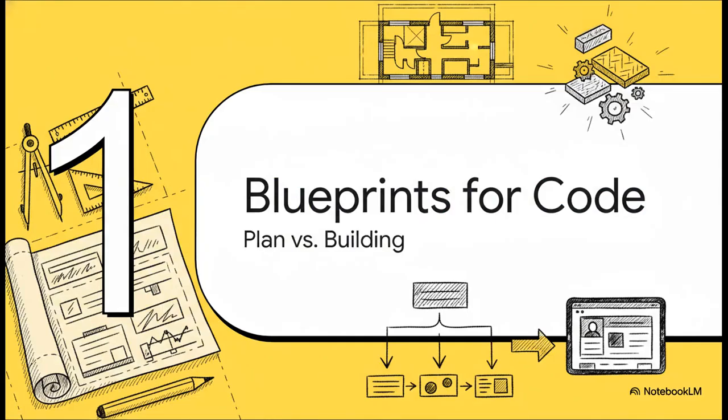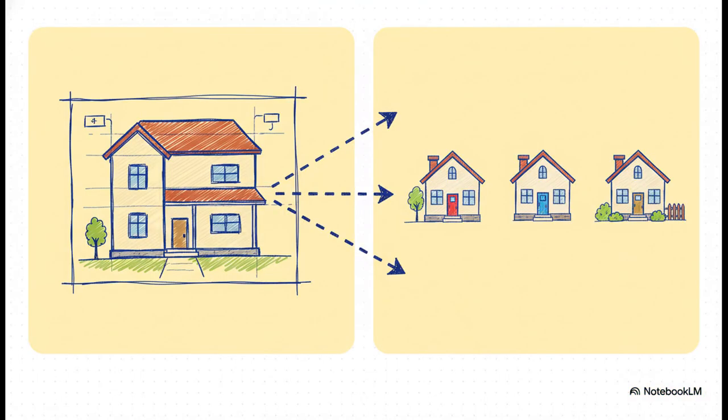Okay, so to really get how software stays organized, we first have to get our heads around the difference between a plan and the actual thing you build from that plan. This is going to be our main analogy for today. So, in the world of code, we call that blueprint a class. It's the master design. It's the piece of paper that says, okay, any house we build is going to have doors, windows, and a roof.